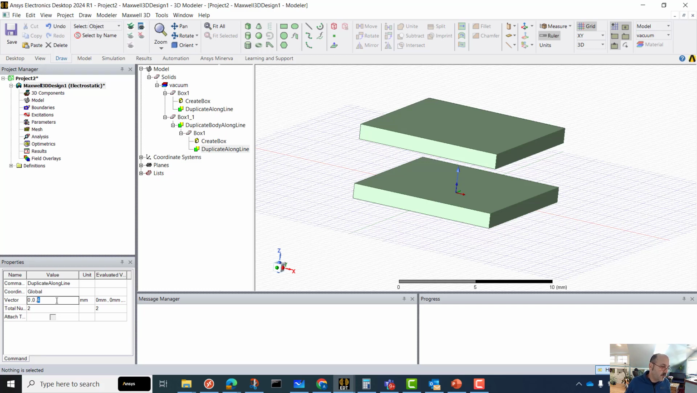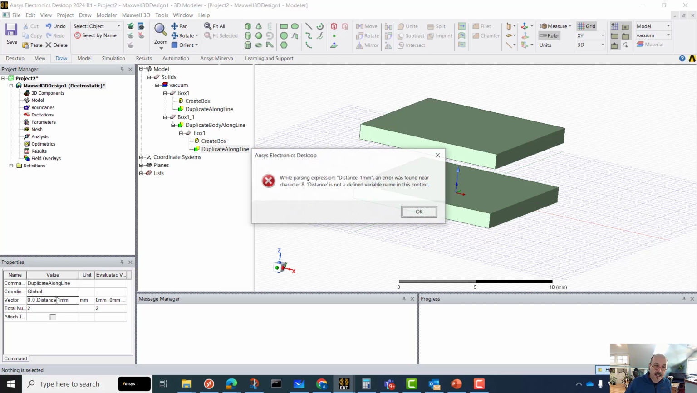But what I want you to pay close attention to: I'm going to type over, for me it's a number 4, for you it might be something else. I'm going to type over just that number, not the comma in front of it, because that's indicating the z direction. I'm actually going to type in an expression. I'm going to type distance, capital D, and then -1 millimeter. So type that in exactly, and when you hit enter,